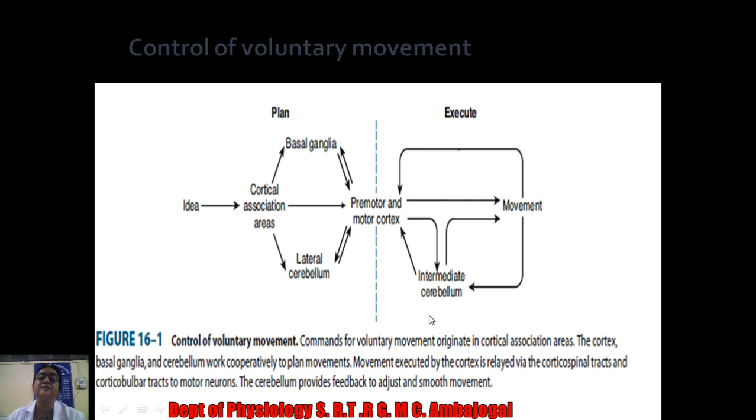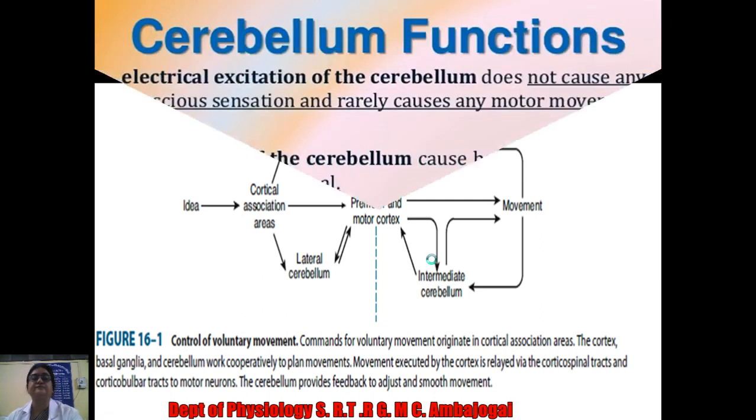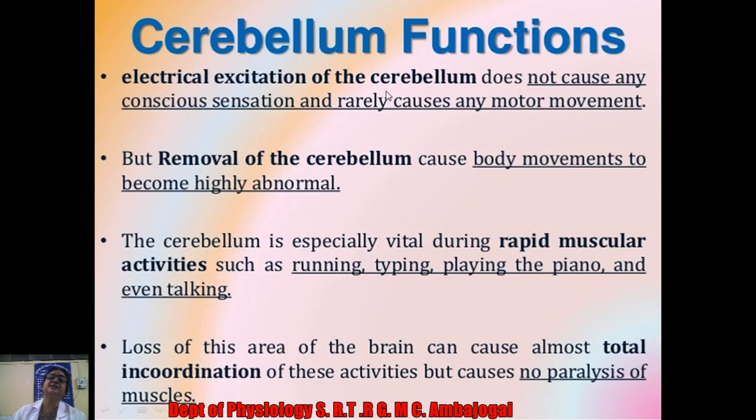And while executing, the cerebellum is getting the information from the cortex as well as from the peripheral part. So it will act as a servo comparator while executing the activity. So this basic thing you must keep in mind while understanding the functions of the cerebellum. In the previous lecture I already told you the cerebellum is called the silent area. This term is used because of these characteristic features of the cerebellum.